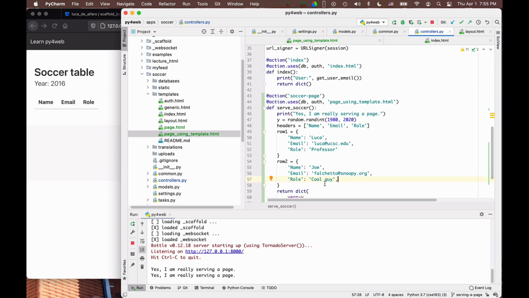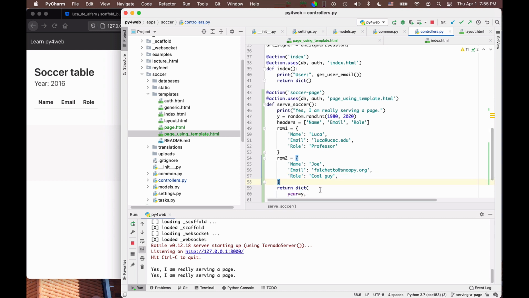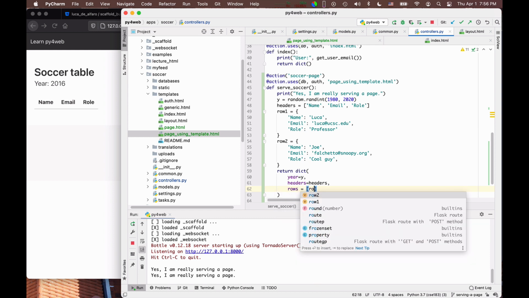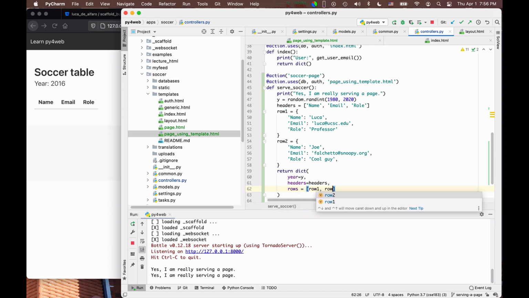Okay, and then I can say here that my rows in the reply, to be used to fill in the template, are rows equal to a list containing row 1 and row 2. Okay, so this does it. I always put a comma at the end so that if I need to add one more line it is easy to do. So you see, I'm building essentially the data types in Python that are used to fill in the template.